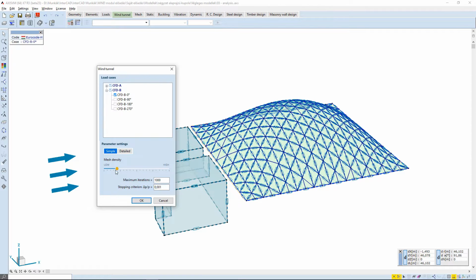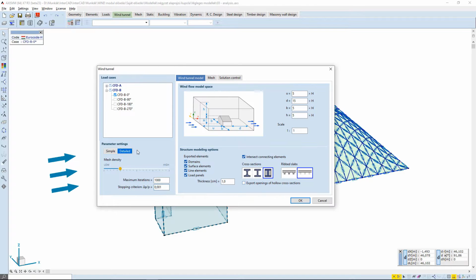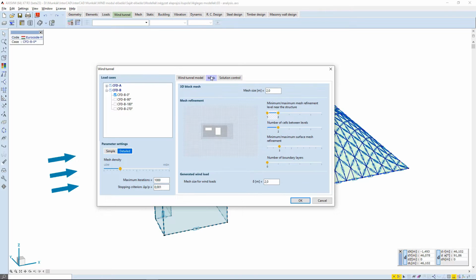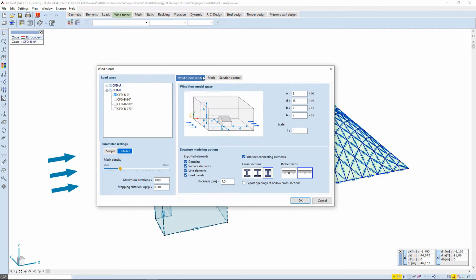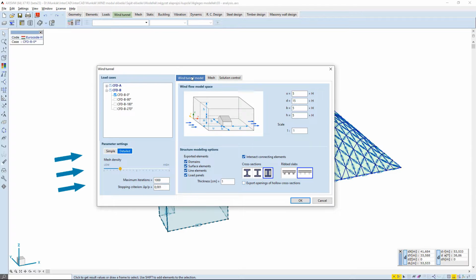In this case, the mesh density can be adjusted using a slider, and the number of iterations and the stopping criterion can be specified. The stopping criterion relates to the pressure error threshold. In case of the detailed parameter specification, 3 additional tabs will open, where the analysis settings can be customized in detail. On the wind tunnel model tab, you can adjust the size of the model space and the modeling settings